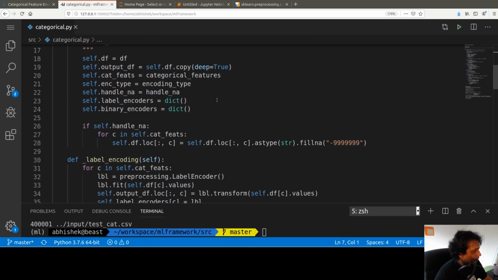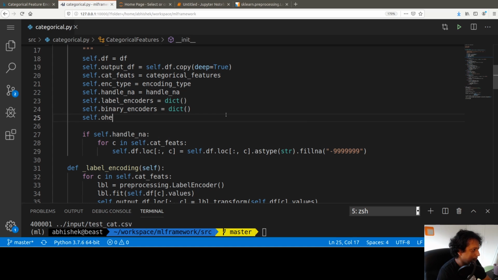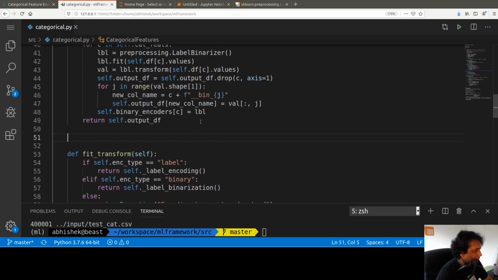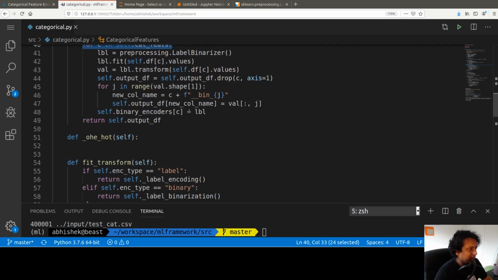So you have the categorical features class, and then you need self dot one hot encoder OHE. Let me just call it OHE and assign it none because it's just one. Then I'm going to create a new function, one hot. What this does is, previously you were going through each and every column name in cat feats, but now we're just going to use all of the columns. So I say, okay, OHE is preprocessing dot OneHotEncoder,